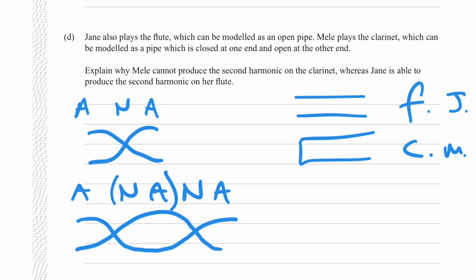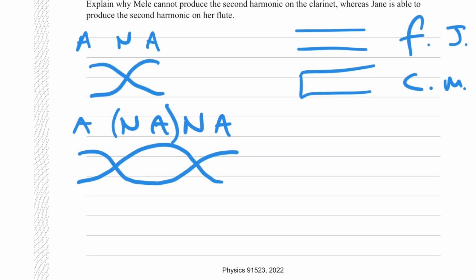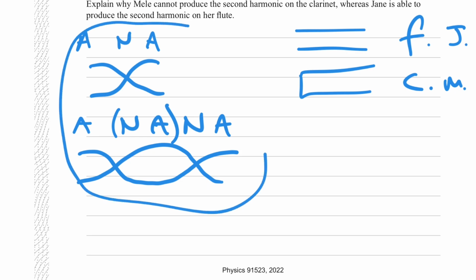So that's what the second harmonic will look like on the flute because of the positions of nodes and antinodes. So that's for the flute. Let's do the same thing for a